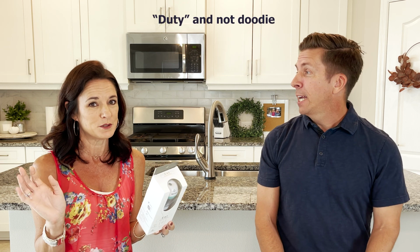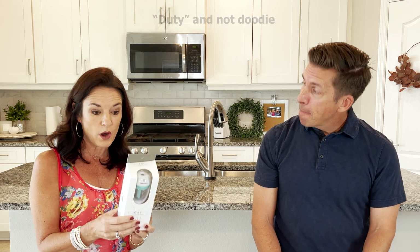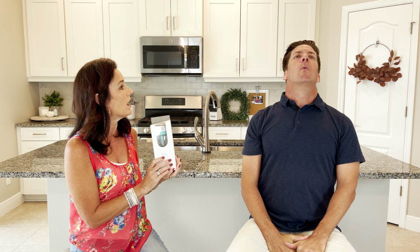All right, well, let me tell you what the official description is. The MightyDuty, as in D-U-T-Y, not to be confused with any other kind of duty. Car air humidifier aromatherapy essential oil diffuser works as both a humidifier and aroma diffuser. Wow, right? Yes. And it goes on. The pleasant smell will help lift your mood, relieve tension and anxiety, boost metabolism, new diet technique, and so on. I'm not sure what "and so on" is, but...